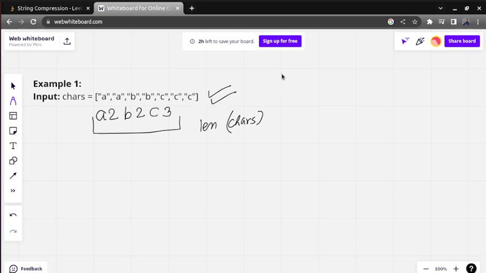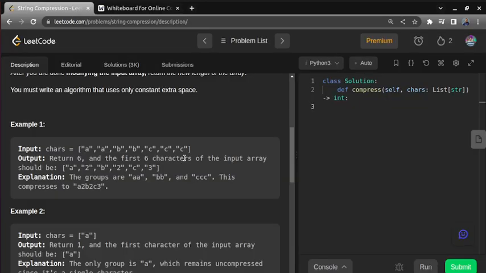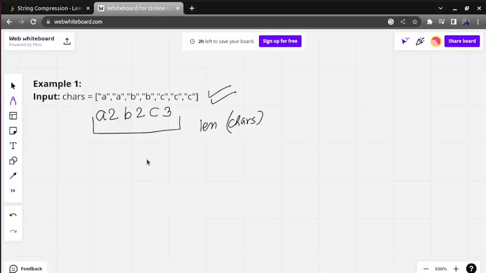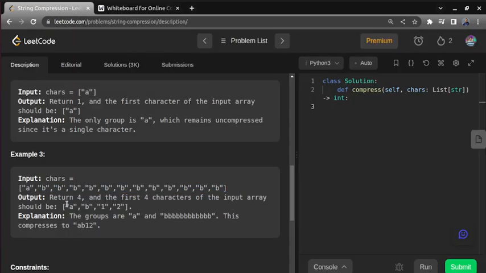And one more thing, suppose there is a situation in which there are more than 9 characters. Suppose there are 10. So in this example you can see it is a b 12, AB12, right? There are 12 b present here.